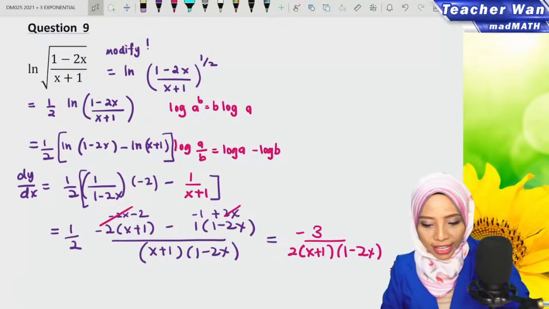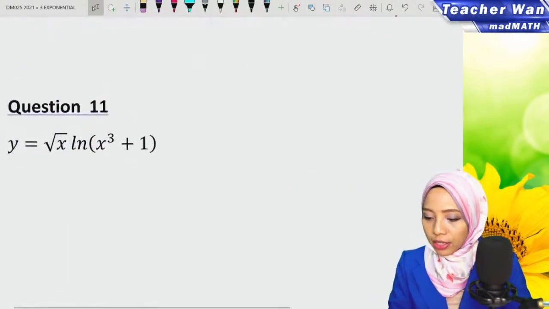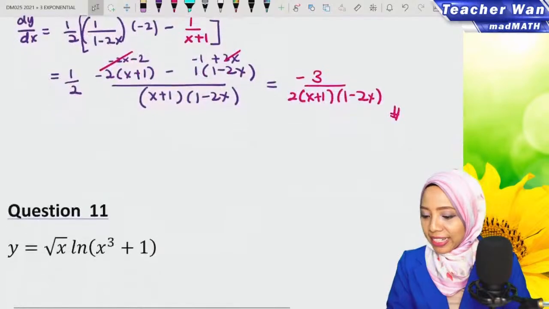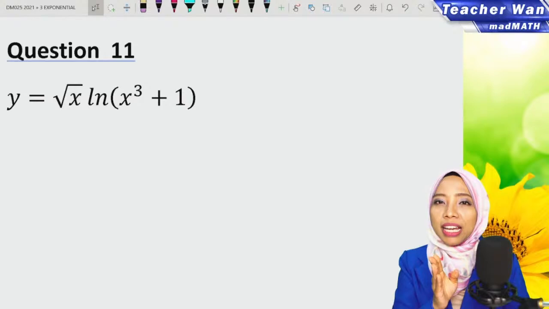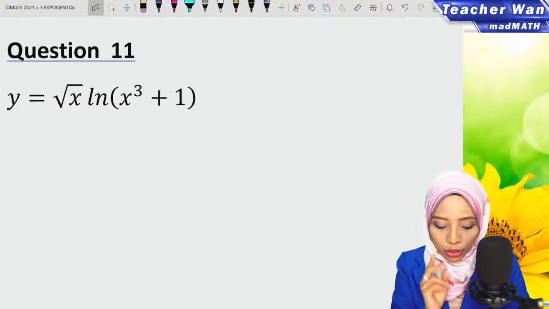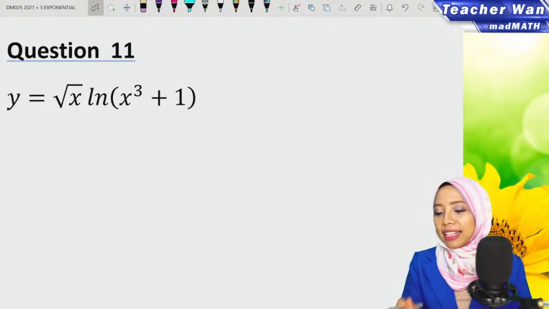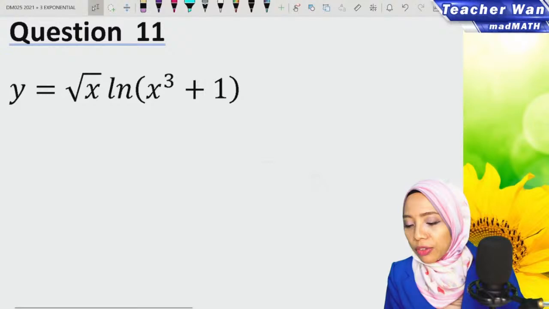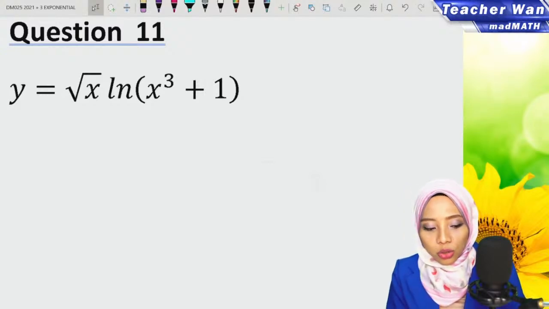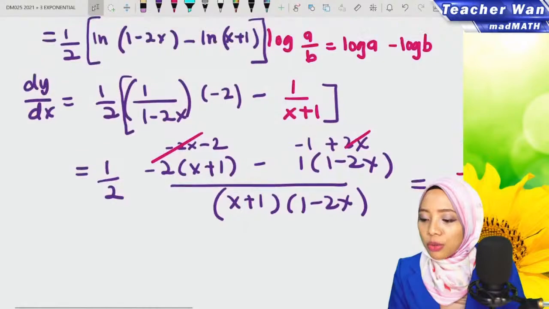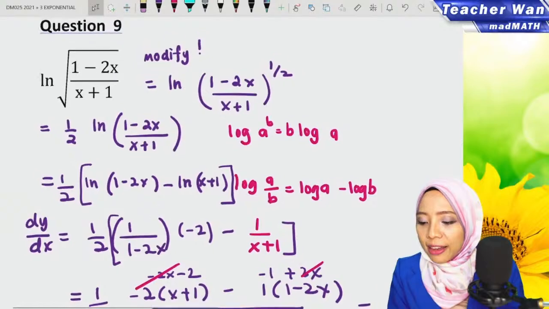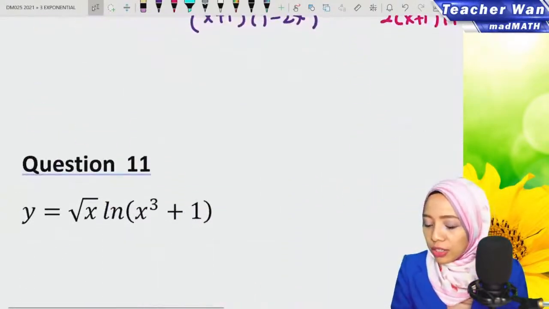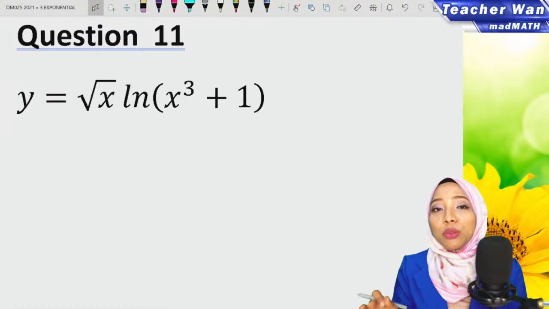Alright, how many questions left? Yeah, last one. Okay. So, look, this is question 9. This is question 11. So question 10, I let you do it yourself. According to Sir Ainan, for KMJ students, he wants you to complete it as an assignment on Google Classroom. So you check with him. There are 2 questions. If you look at the lecture just now, the pattern is quite similar, but of course the numbers are different. So give it a try. Okay, so now this is the last one, question 11.